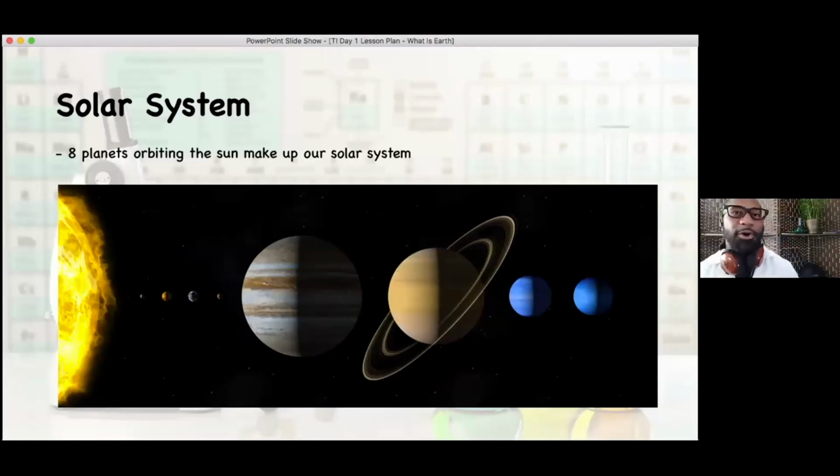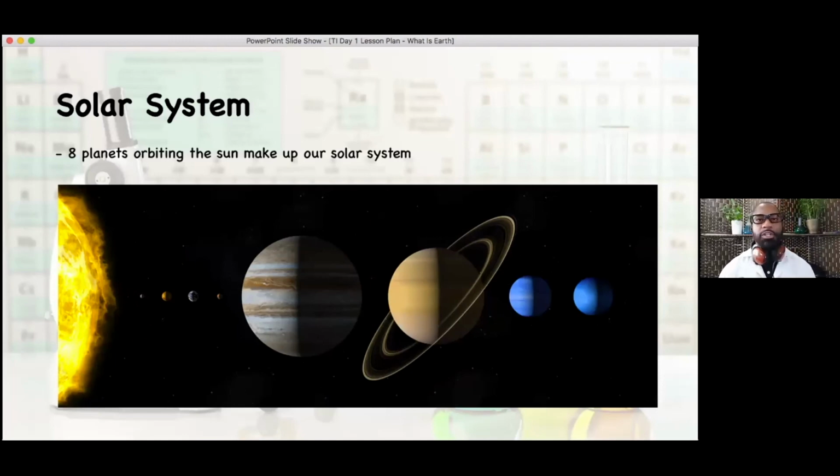You know, just how big and vast space is. So it's always something cool and surprising that just baffles my mind every single time I think about it. All right, so we have 8 planets orbiting this huge, large plasma gas, which we call our sun, which is actually a huge main sequence star.